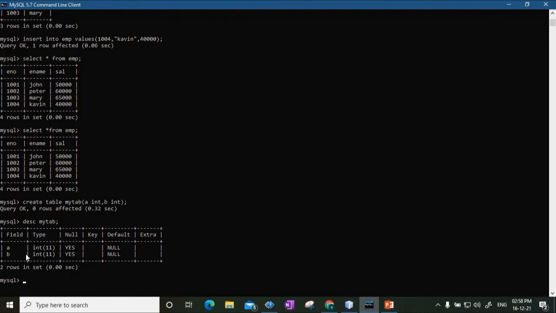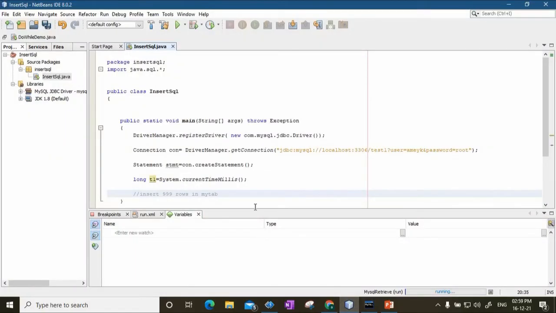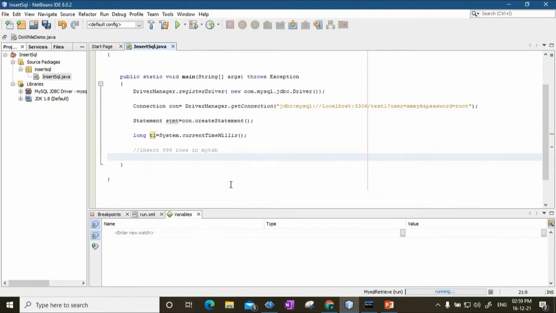Right now there are no values. If you say select star from my tab, it says empty set. So in this program I will write code that will insert 999 rows into my tab all at once.